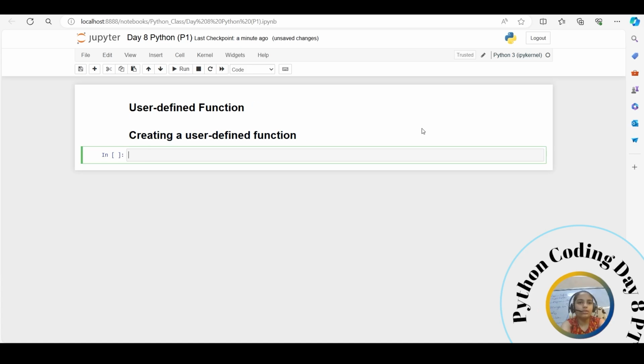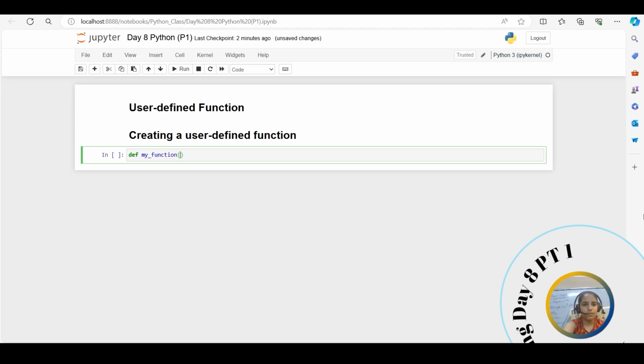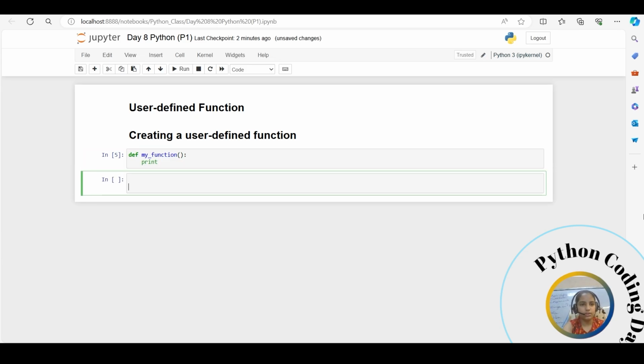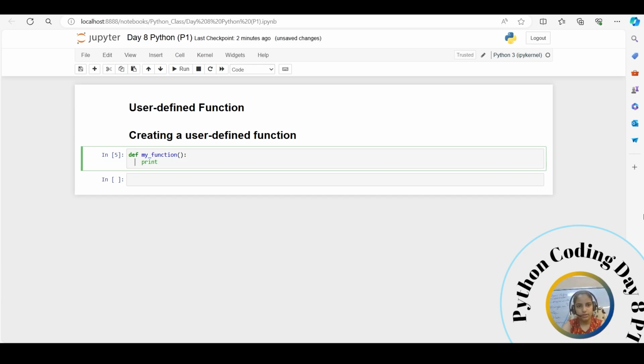Okay, so now to create a user defined function, we use the keyword def and then we will write our function's name, like maybe my function, brackets, and then what we want to print by the function we will write over here, print